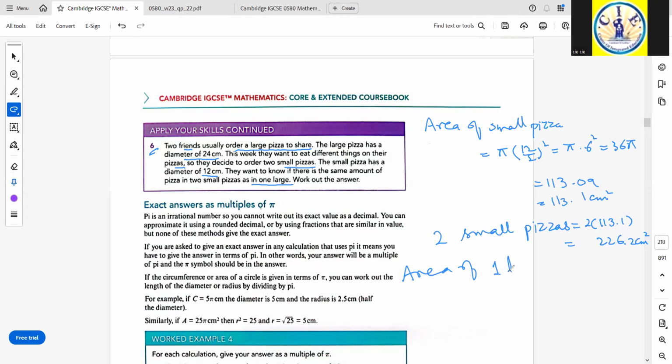Okay, now area of one large pizza, that will be equal to pi times its radius squared. Its diameter is 24, so its radius is going to be half of 24, that is 12. So this is 144 times pi, which is 452.38 or 0.4